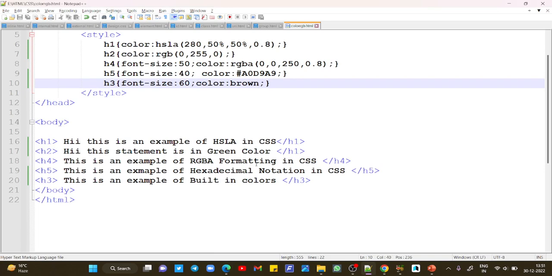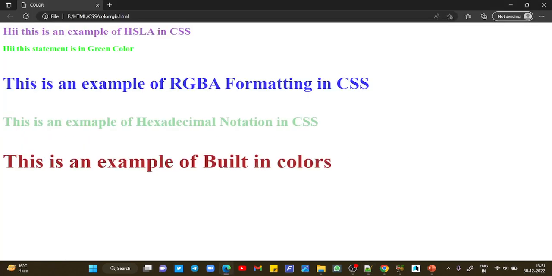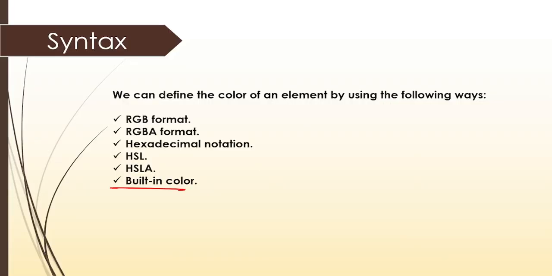One most important thing I would like to tell you students is some color codes. Note it down. If you want to use the color red, one way is to directly write red by using built-in colors.